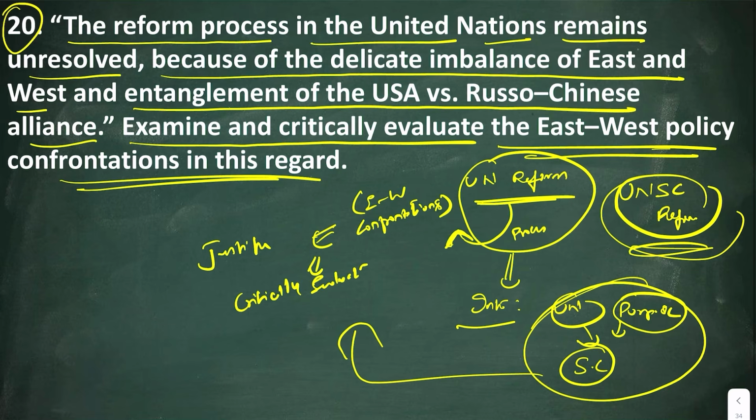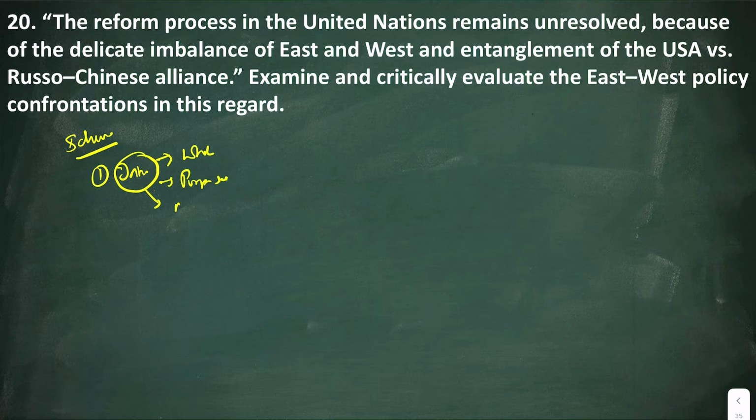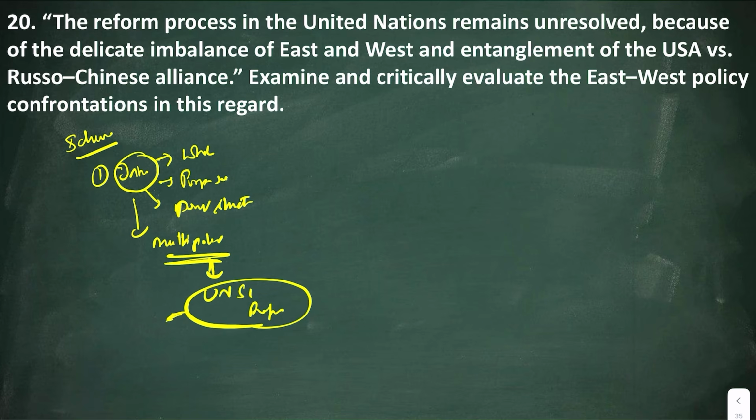Okay, so now let us create the schema. Let us create a schema very quickly. So the schema is, one, in the introduction, as I told you, I will talk about what the United Nations is and what its purpose is, and when it was created, what the power structure was. I am going to talk about how the power structure then decided the composition of the United Nations Security Council. But today, the power structure has changed to a multipolar world. And because it has changed to a multipolar world, we are in dire need of UNSC reforms. This is where I will make it explicit.